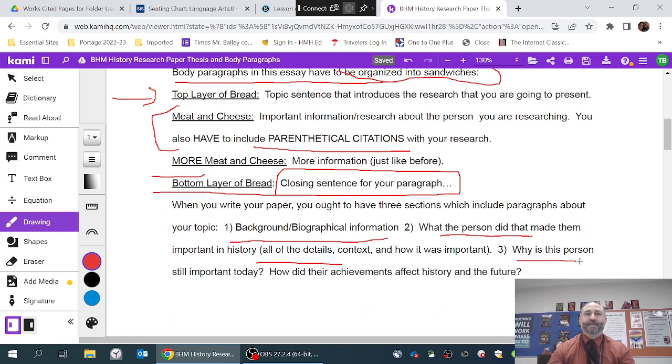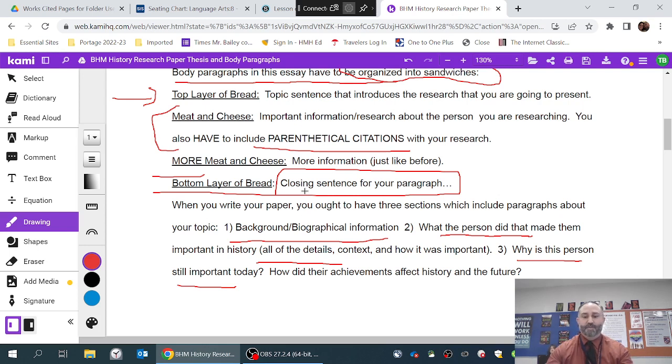Now, the third one is a little bit shorter, but you should at least have one sandwich in which you explain why this person is still important today. But basically, you're going to be serving up a whole bunch of sandwiches that have a top layer of bread, which is the topic sentence, that has meat and cheese, which is your research, explained in a way that you can easily follow. And then you're going to have a closing sentence, which is the bottom layer of bread